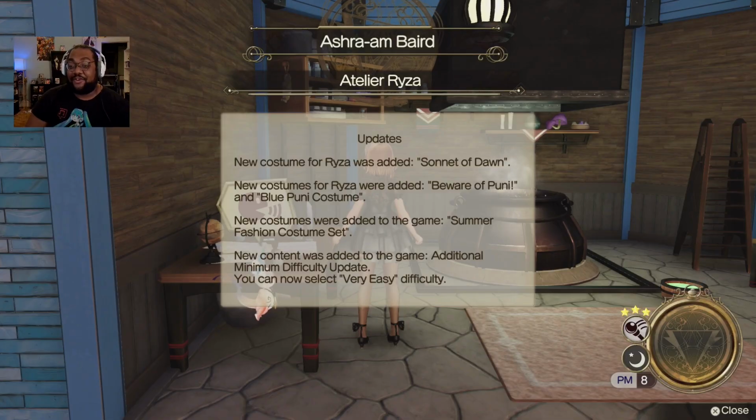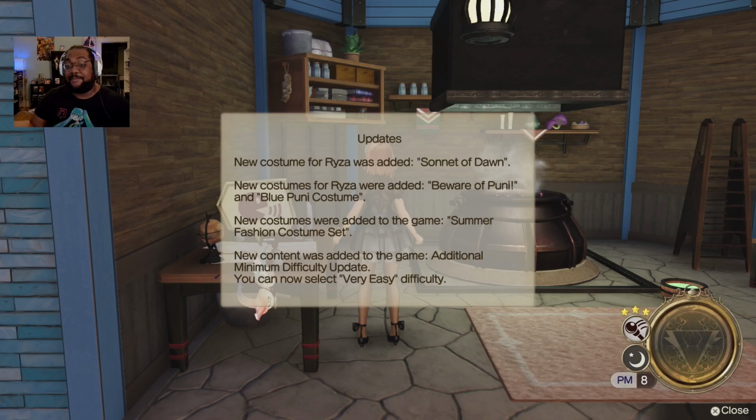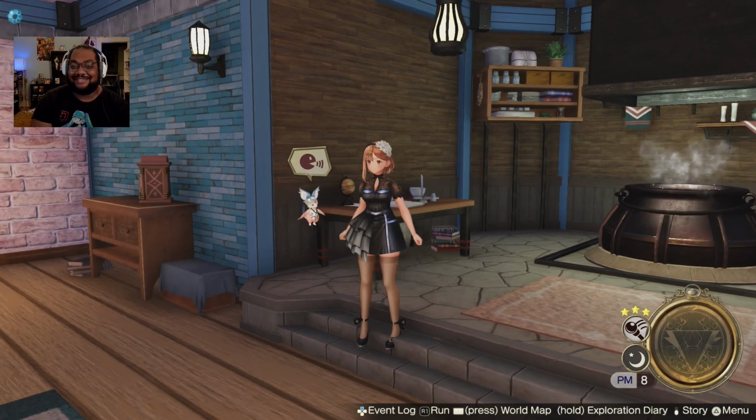But yeah, we are over here on Ryza 2 and I haven't logged onto this game in like forever. And now we have so many new updates, from a new costume for Ryza, the Sonnet of Dawn, one for Ryza for Beware of the Puni, we'll check those out, and then the summer fashion set, and a very difficult to easy has been added. God,